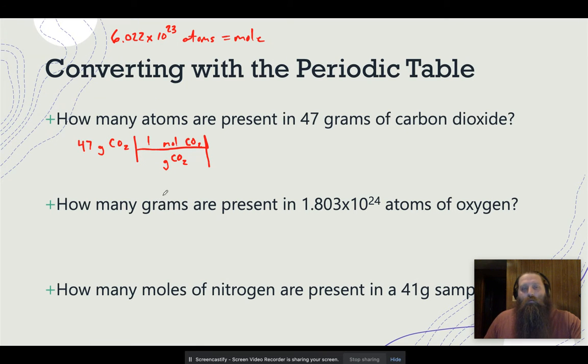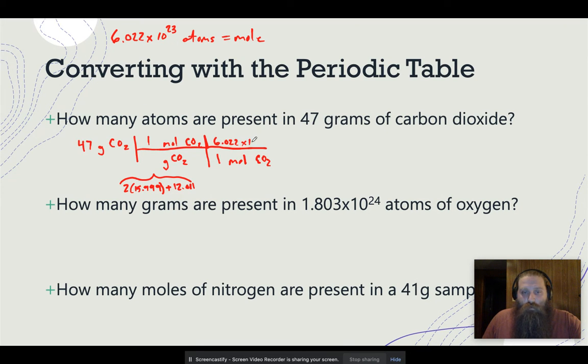So off the periodic table, 1 mole of CO2 is just the molar mass of CO2. In this case, I've got 2 times 15.999 plus 12.011. And whatever the answer to that is, which we'll figure out in a minute, it's going to go right there. Now, I can convert 1 mole of CO2 into